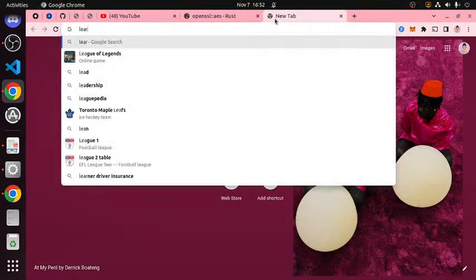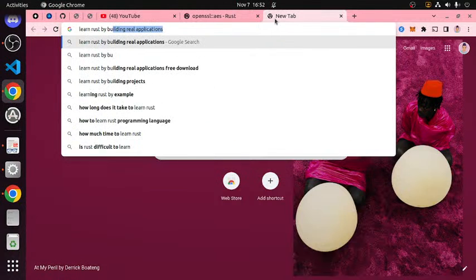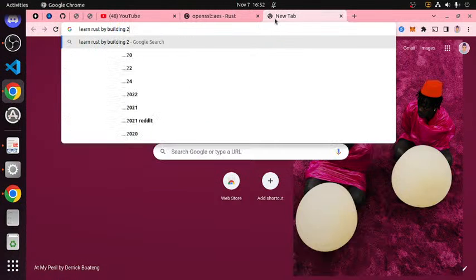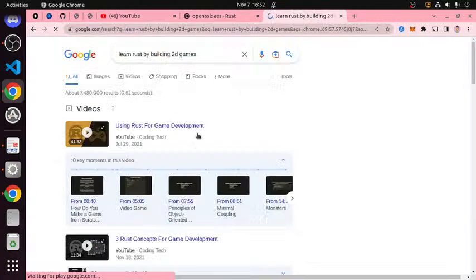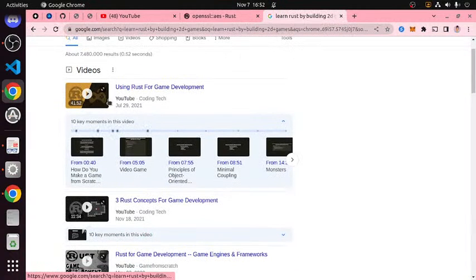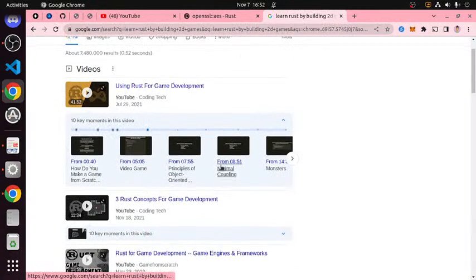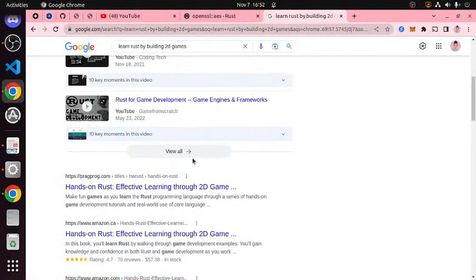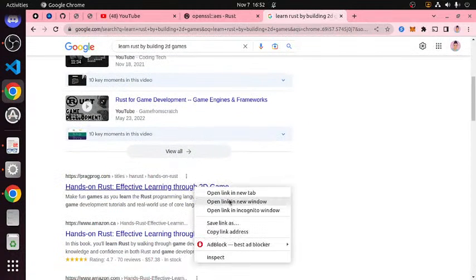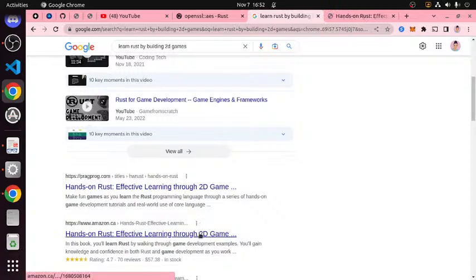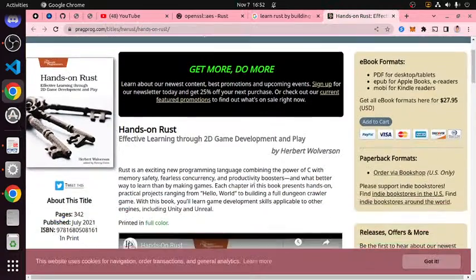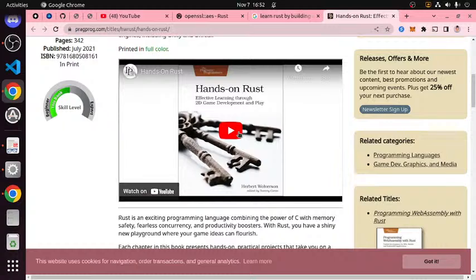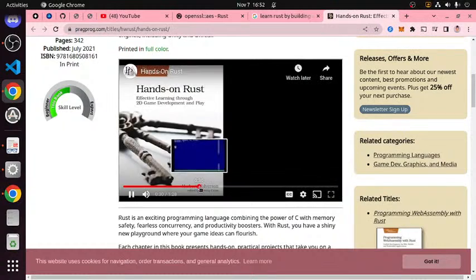So, Learn Rust by Building 2D Games. There you go. This is the book. Flappy Bird game.